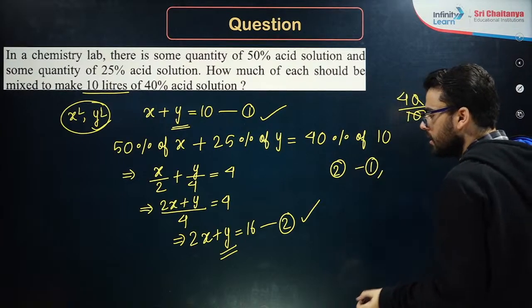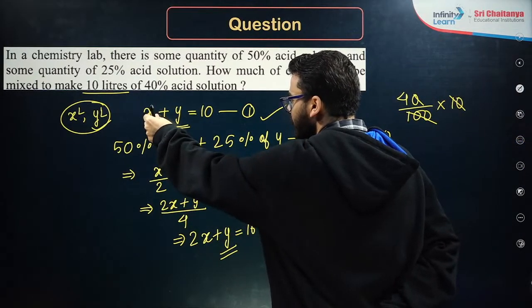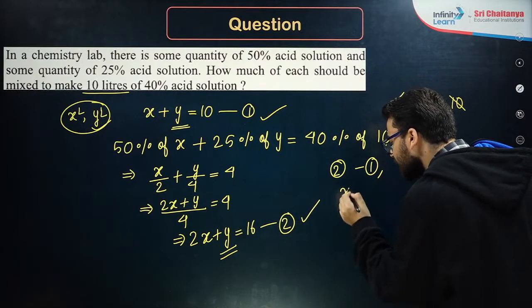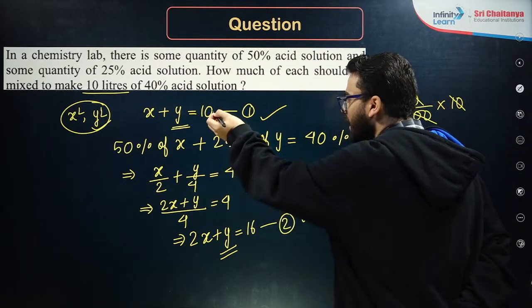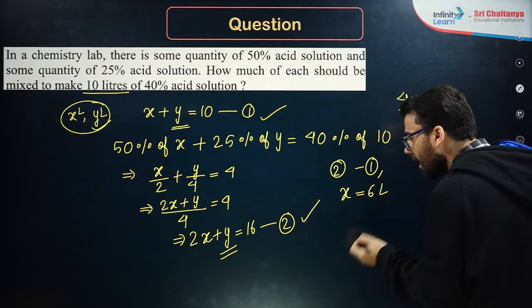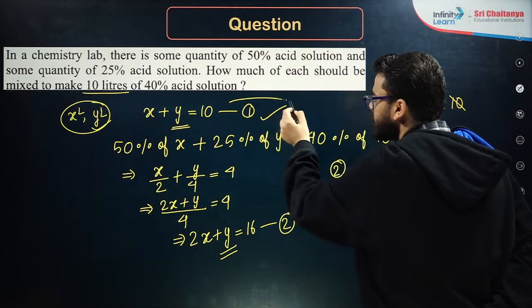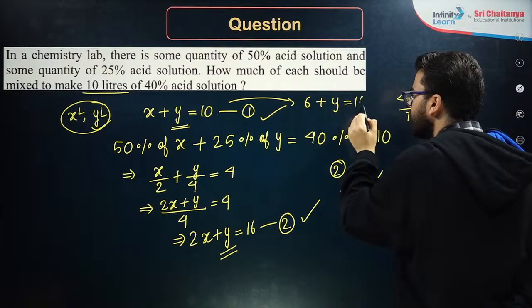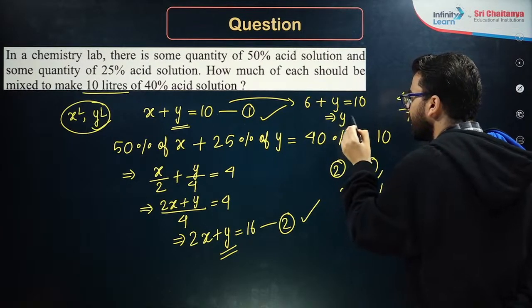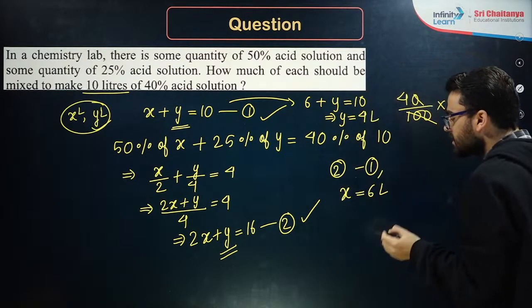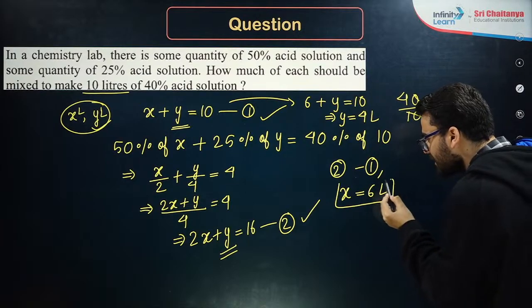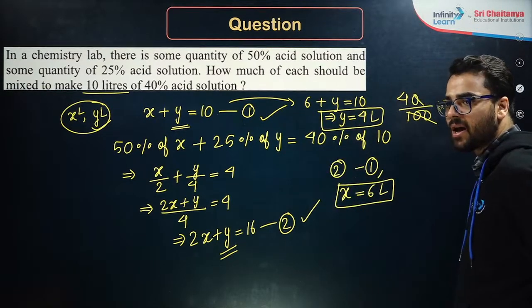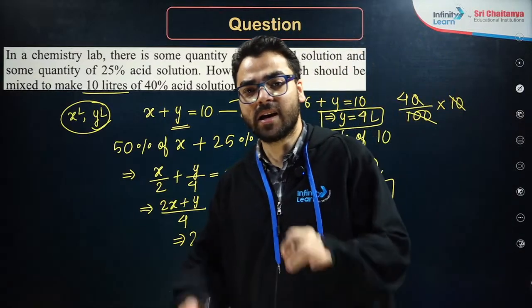सो लेट्स डू इक्वेशन सेकेंड माइनस इक्वेशन फर्स्ट। सो आई विल गेट 2x माइनस x दैट इज x, और फिर y और माइनस y विल बी 0। सो x इज इक्वल टू 16 माइनस 10 दैट इज 6 liters, एंड देन आई कैन पुट x इज इक्वल टू 6 ओवर here प्लस y दैट इज 10. So you'll get y is equal to 4 liter. तो इसका मतलब क्या है कि फर्स्ट टाइप के सोल्यूशन का जो है हमारे पास 6 लीटर्स है और सेकेंड टाइप के सोल्यूशन का हमारे पास 4 लीटर्स है। आई होप दैट इज क्लियर गाइज।